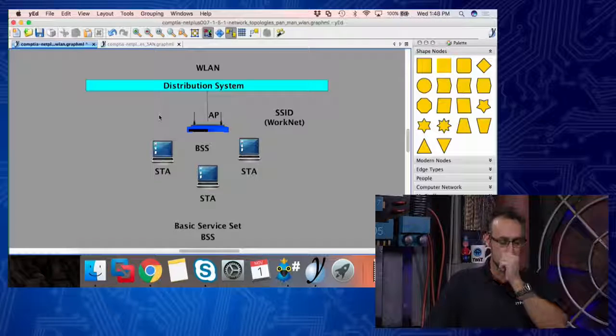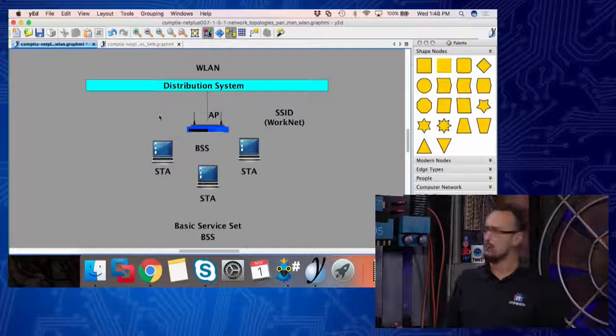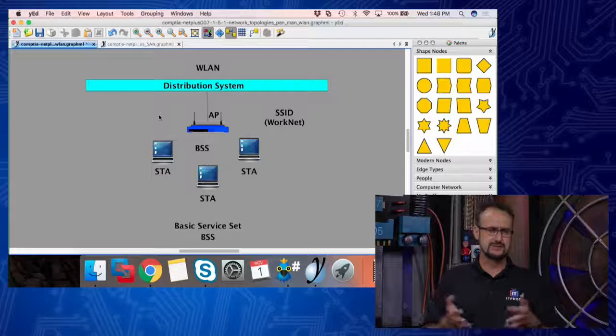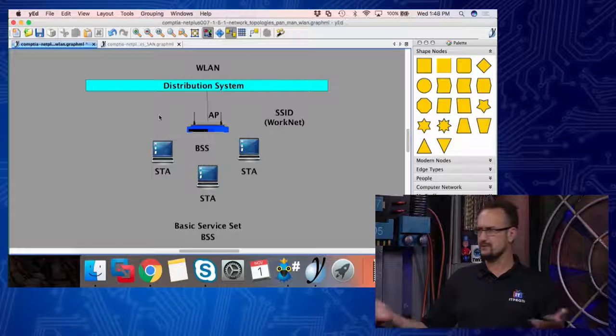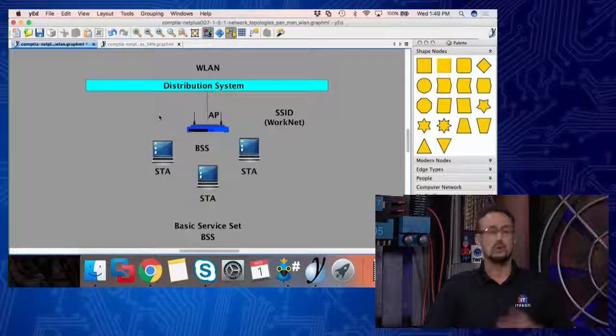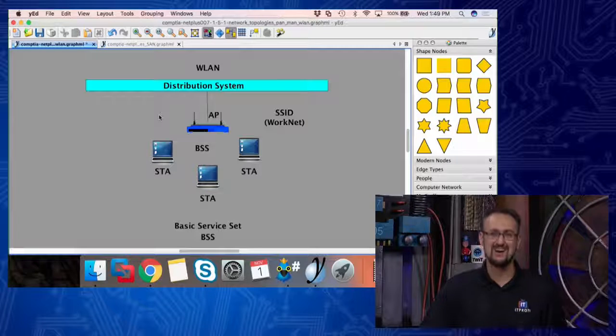Now, the next thing we have is what is known as a distribution system. All right, now if we take a look, the distribution system just looks like a little blue bar, but what really is that? All right, the DS, as sometimes they'll abbreviate it, because remember, in IT, information technology, we always have to have acronyms. We don't speak in English or whatever language you might be native to your location. The distribution system is nothing more than the wireless network